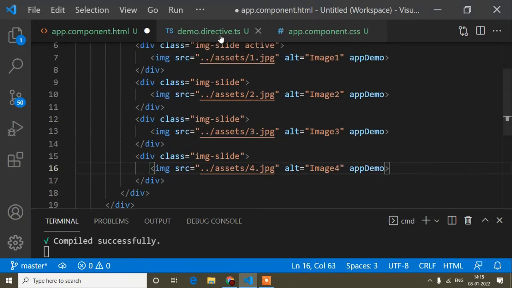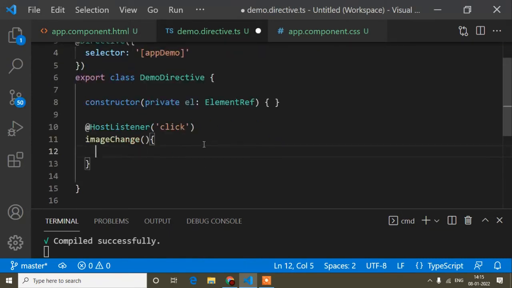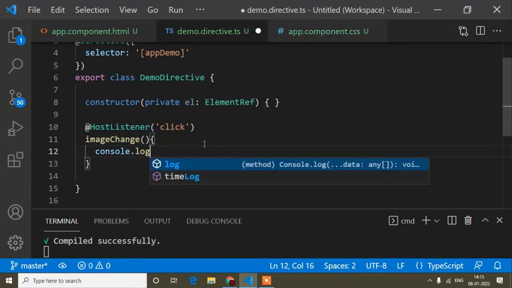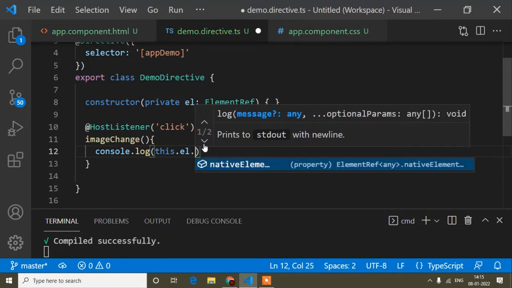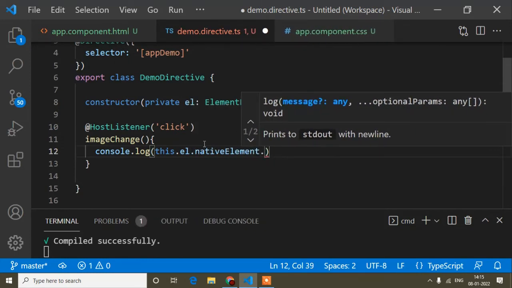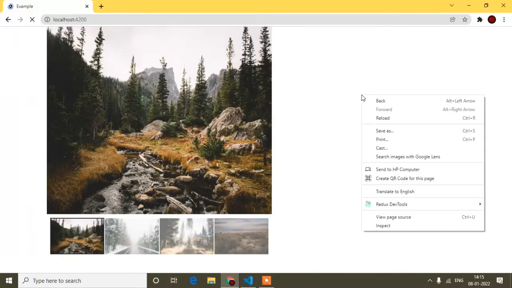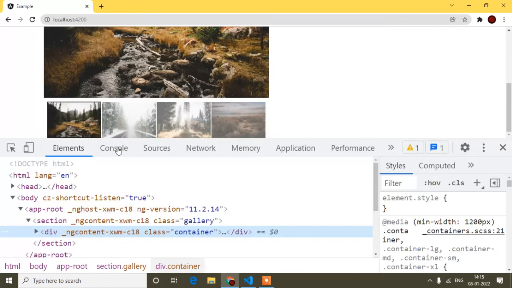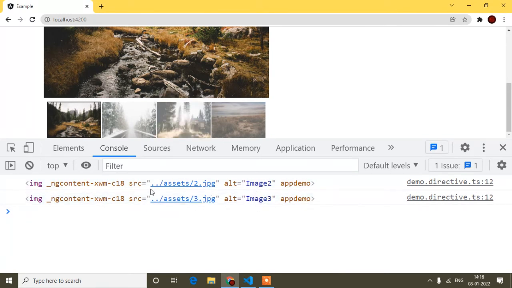Now in this directive, I will write console.log, this.el.nativeElement, first up to nativeElement. If I save and open the console, because I printed in the console, and click on any image, you can see I'm getting that particular image.